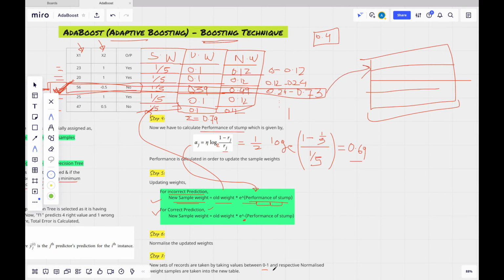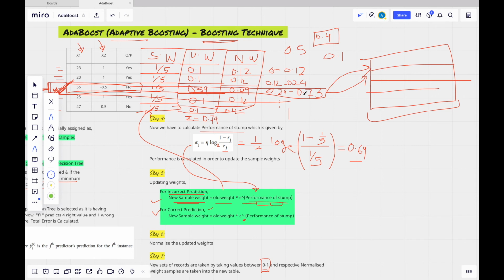Again, a value ranging between 0 to 1 is taken randomly. So 0.5 it will take, so this record will again be taken into consideration. Now 0.1. So 5 times random values are taken into consideration, which will range between 0 to 1.